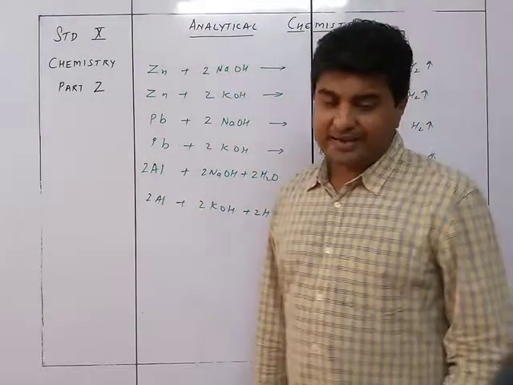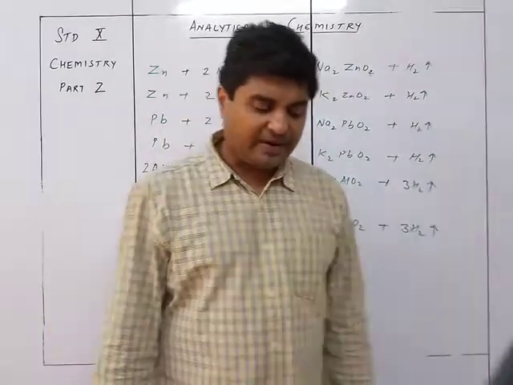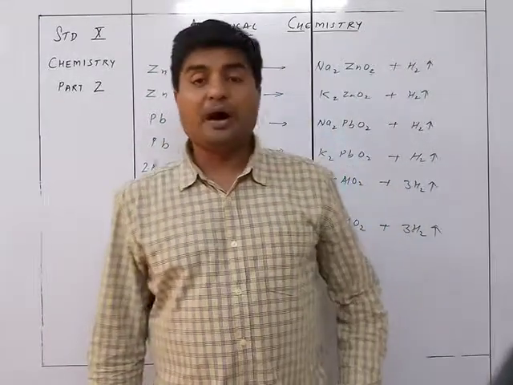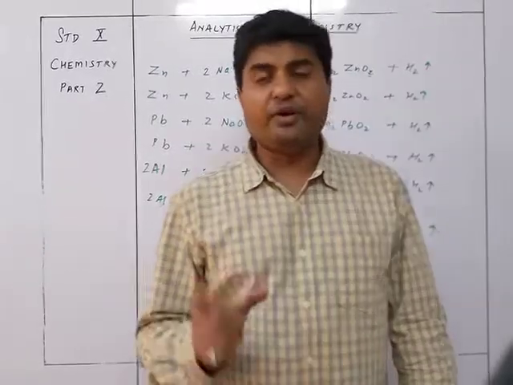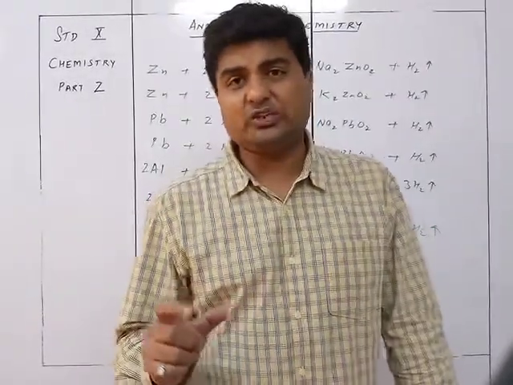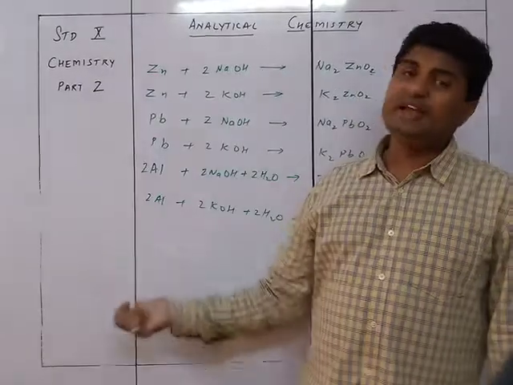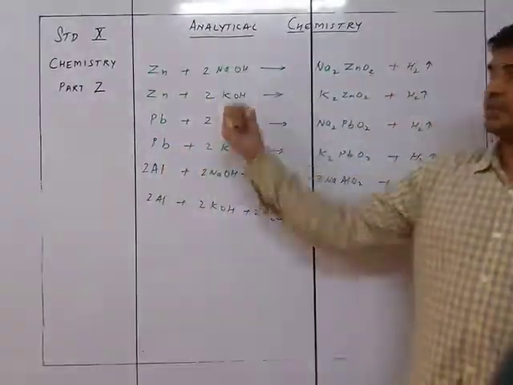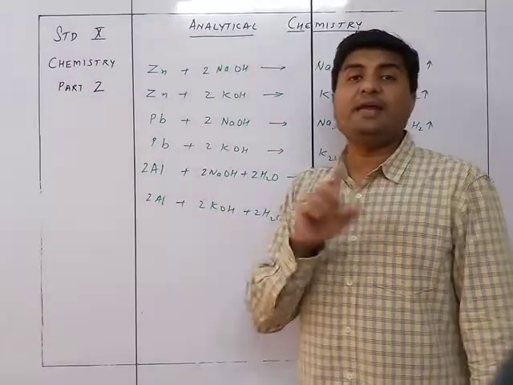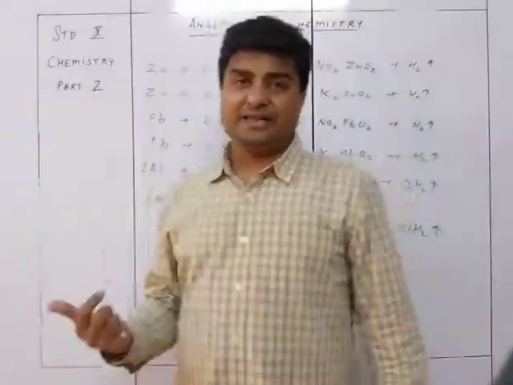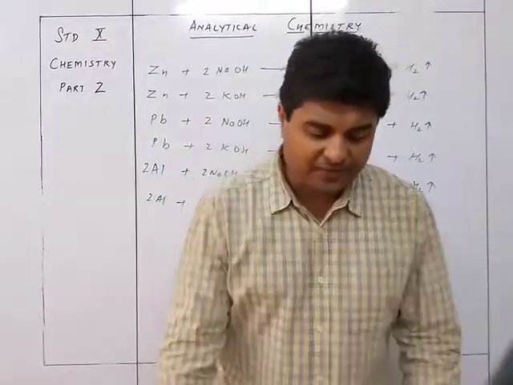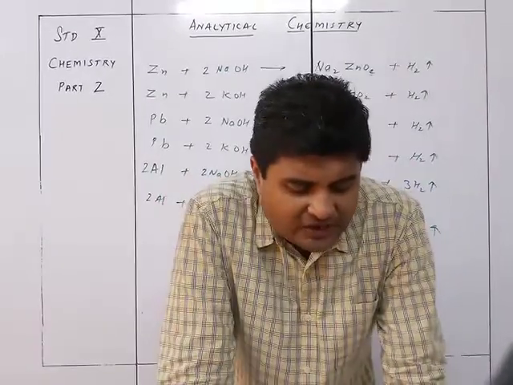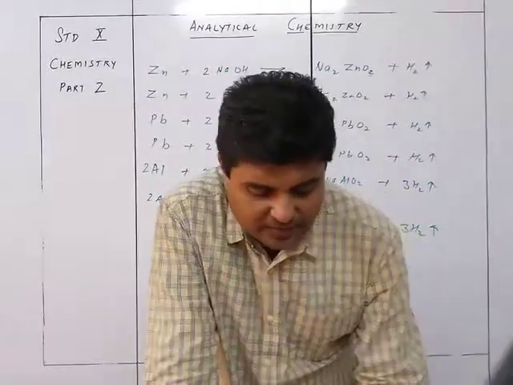Now in this case, if I don't take the metal but if I take the oxides of the metal, here is the amphoteric part. The amphoteric part is the oxides and hydroxides of these metals. When they react with alkali, they will be reacting as if they are acids, and the resultant will be salt and water. That is called the amphoteric material. So, action of alkali on oxides and hydroxides of certain metals.